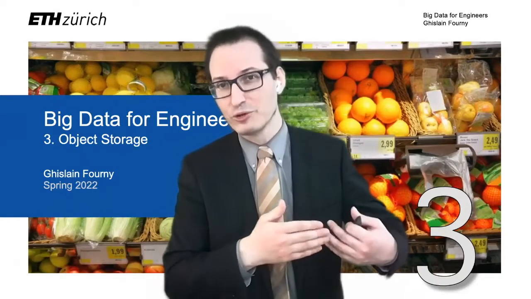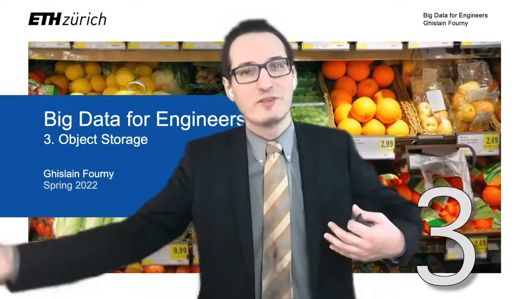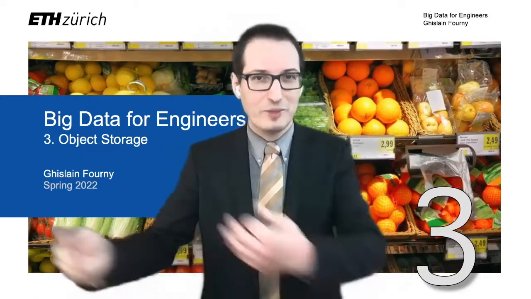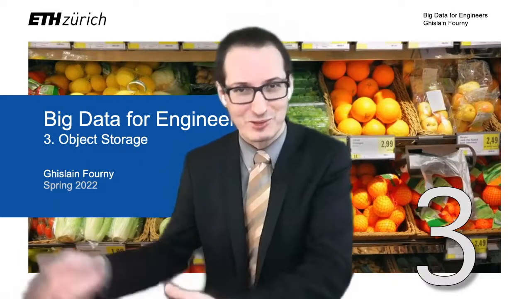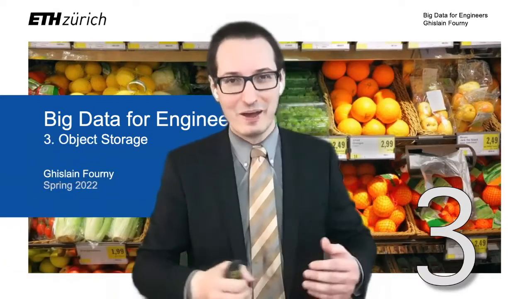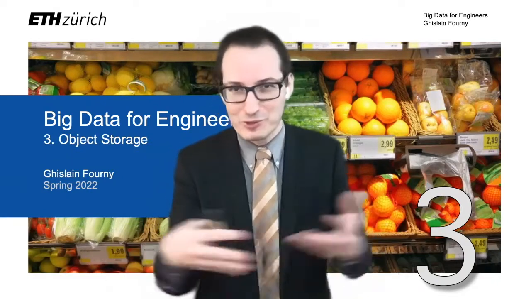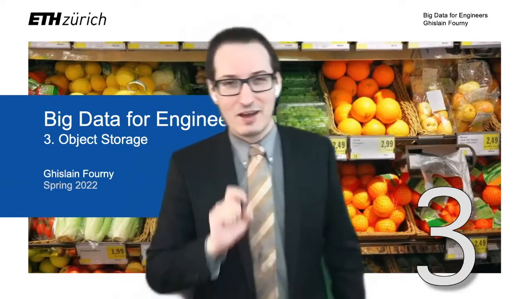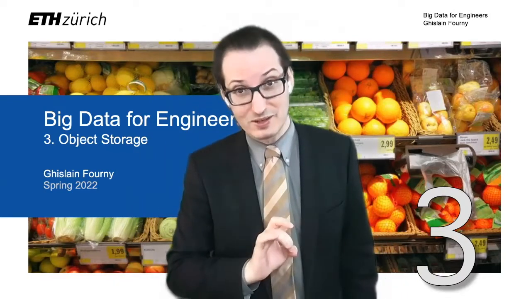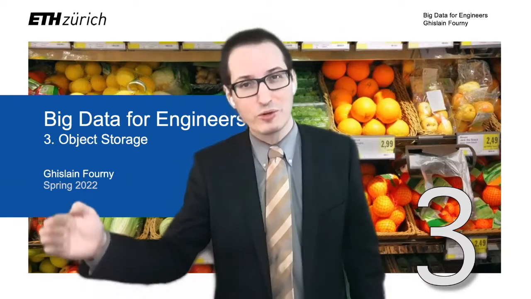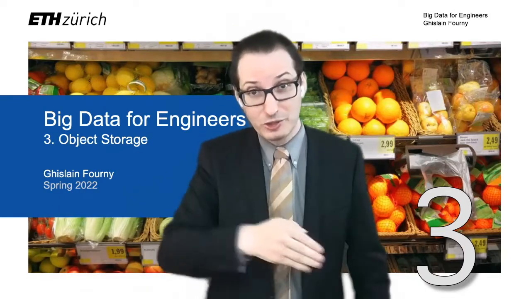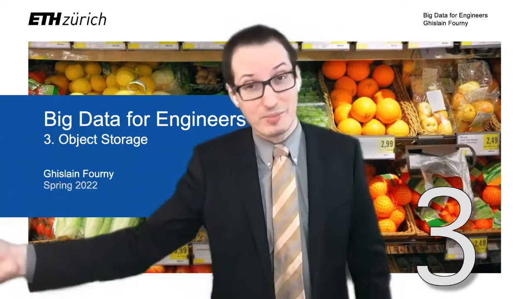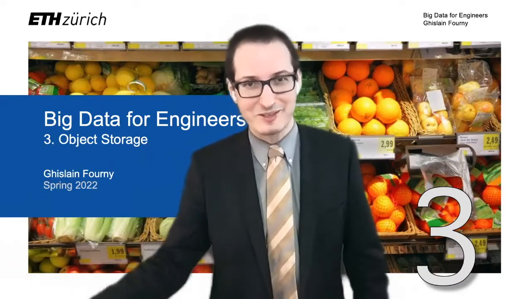If you write a new file, then it will be written continuously if there is enough space. If the file grows too large and you meet an existing block, then of course you cannot continue to write, so you need to go somewhere else on the disk. Then it's not going to be continuous, but it's okay because the blocks are just reassembled by the computer itself. Actually, if the blocks are continuous on the disk, it makes reading through the file faster, because you just continue with the head to rotate the disk and go through. When you need to jump to a different place to read the next block, that introduces a latency.